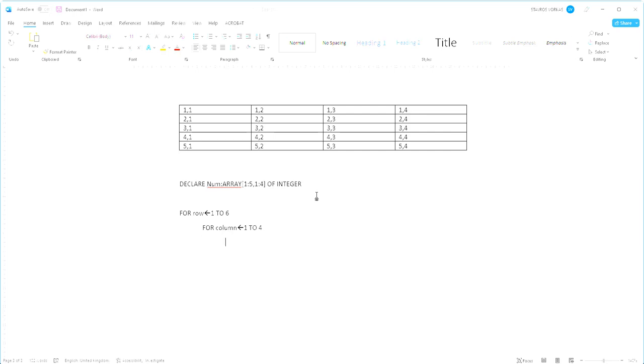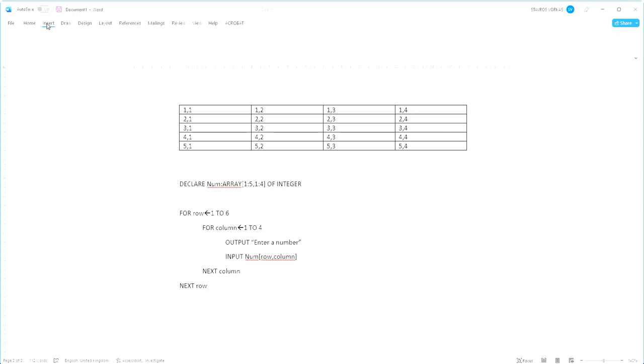Now, we're pretty much set up to go. The only thing that's left is to provide a prompt. So the prompt would be output, enter a number, and then input into our array, which is called num, at positions row, comma, column. Now, I'm going to say next column, next row,